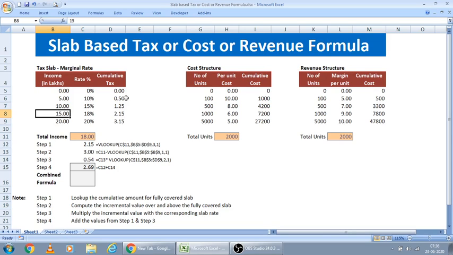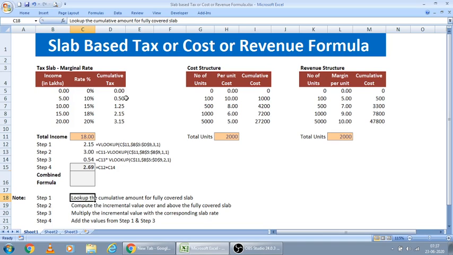Now let us compute the total tax for any particular income. For example, here I have given the input as 18 lakhs. There are 4 steps to compute the total tax value here. Step 1 is look up the cumulative amount for the fully covered slab.